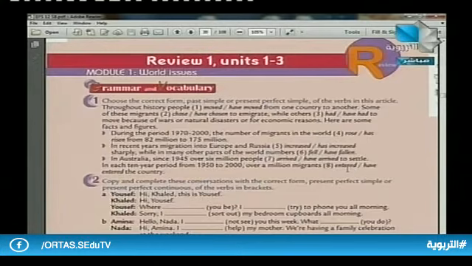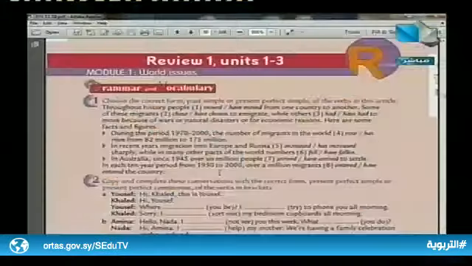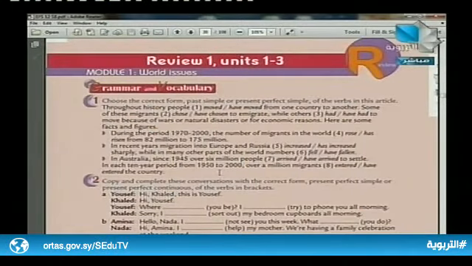In each 10-year period from 1950 to 2000, over 1 million migrants entered the country. So we use the past simple here, because we have a fixed time, specific in the past. It is a finished past action, not related to the present. It finished in the year 2000, not now. So it is in the past, with no relation with the present.